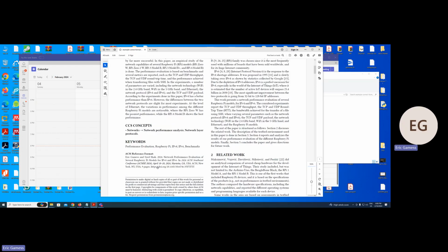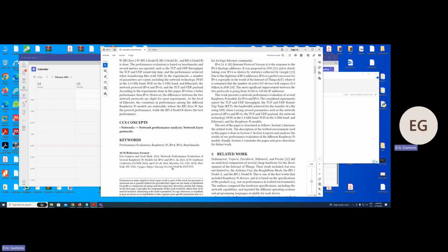So let me put the ACM reference format a little bigger. It's automatically generated by the LaTeX template that we are using. So you should see the names of the authors. For example, here the first name has to be first, and you have to spell out the first name, the last name of the first author, and then we have the second author. Then we have the date, the year of the conference, the title of the paper, and then we have "In",